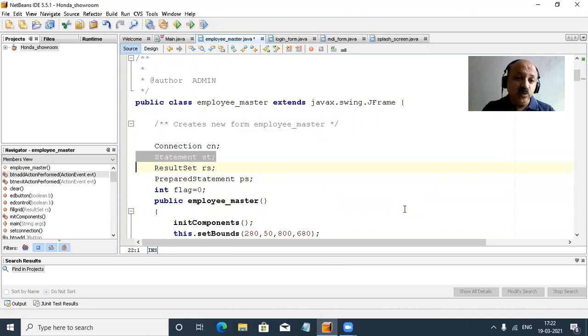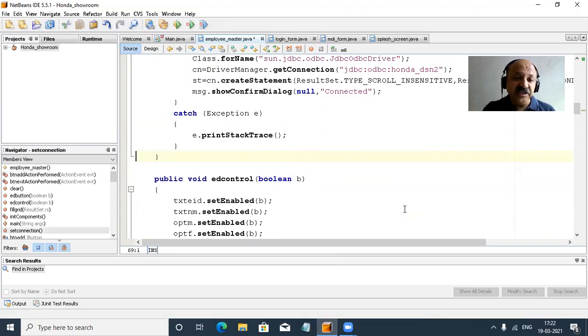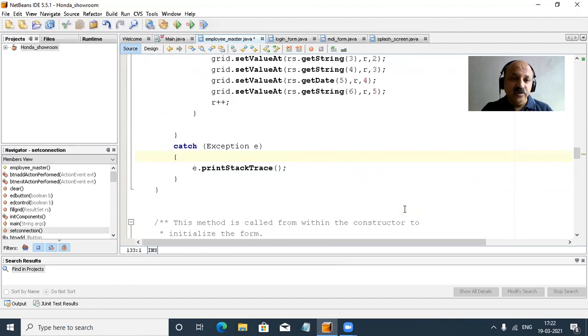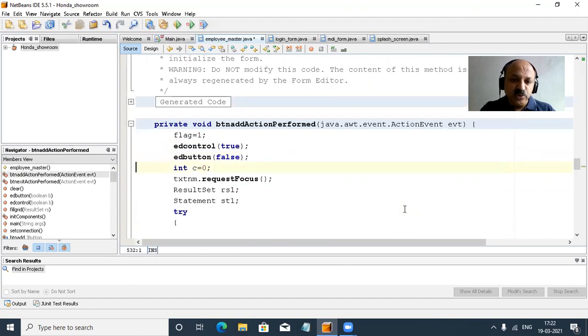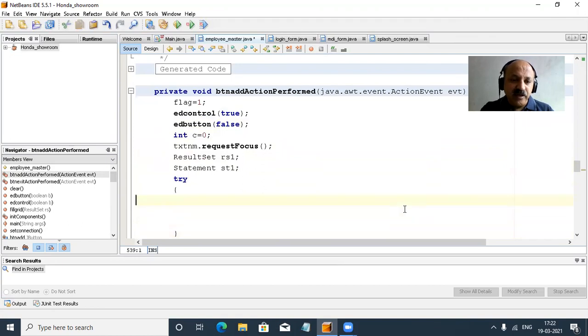That is a save, update, and delete operation. That time we can use this st and rs in our global variable. But the auto generate id I use as a local statement and result set variable, or that is an object. So that is a better way. And now what to do?